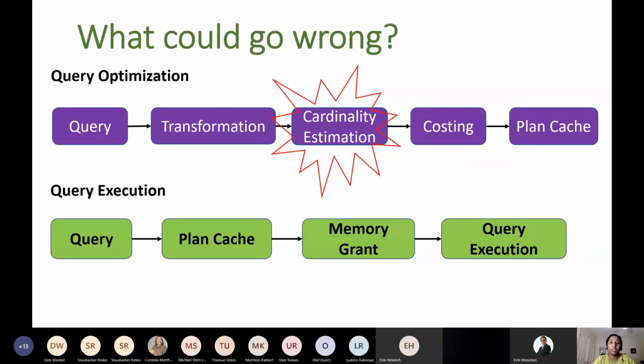That's the reason that if the cardinality estimates are accurate, it creates a good plan for our plan cache, and all of these decisions, like what kind of seeks or scans to do and how much memory to grant to that query, everything will go correctly if our estimates are accurate.